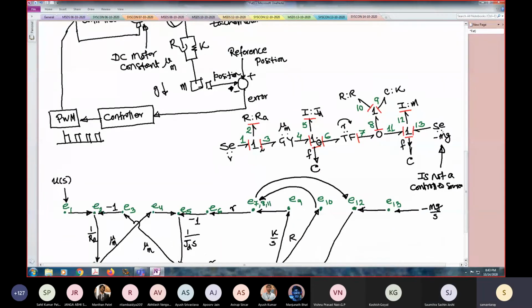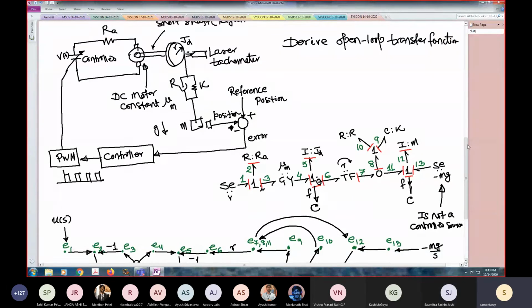Input weight. Yes, that input weight is constant. Because that is constant, it will produce a constant moment on the disk. And that constant moment can be balanced by a constant voltage. So if you have a constant moment, that can be balanced by a constant input voltage.